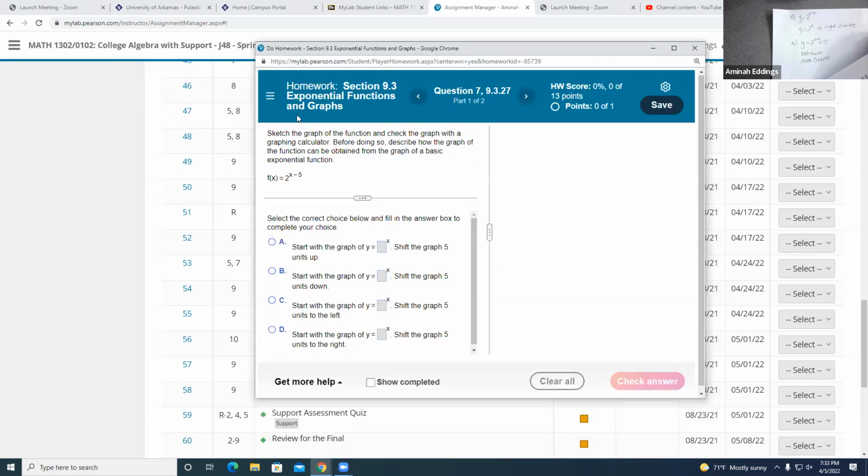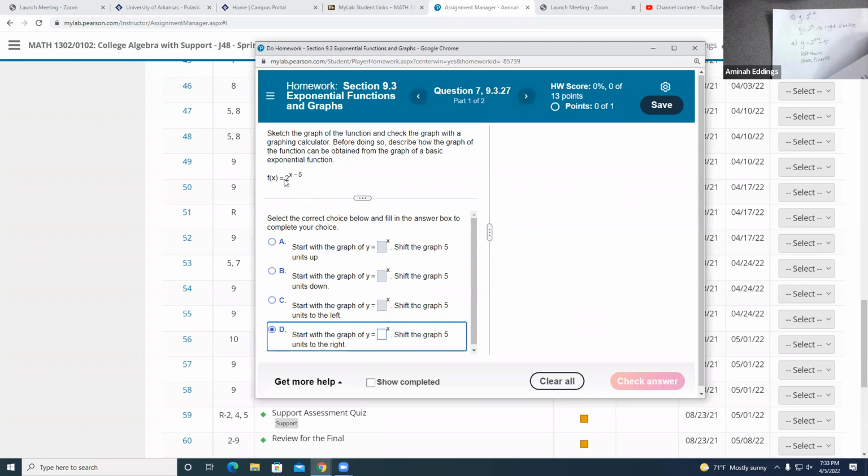All right, so this one says, sketch the graph of the function and check it. Before doing so, describe how the graph of the function can be obtained. So here's my function, y is equal to 2 to the x minus 5. And my choices are A, B, C, and D. So what is happening here? We have a minus 5 inside my function. So that means my function is going to move right 5 units. So if I look down here, 5 units down, nope, right, 5 units, good. So I'm going to choose this one,